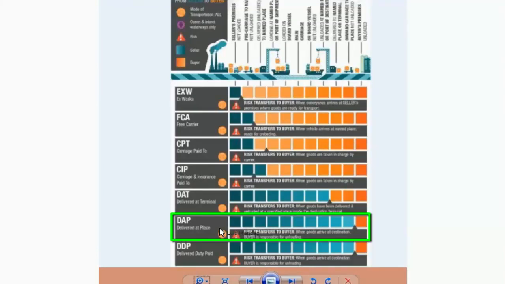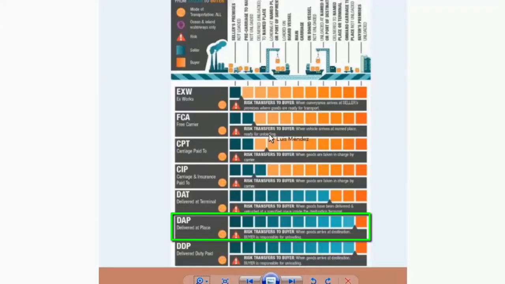So once the goods, in this case my pen, arrive in the United States, the buyer is going to be responsible for the unloading of the pen. It means, as you can see here, delivery to a place we decide, but it is not going to be